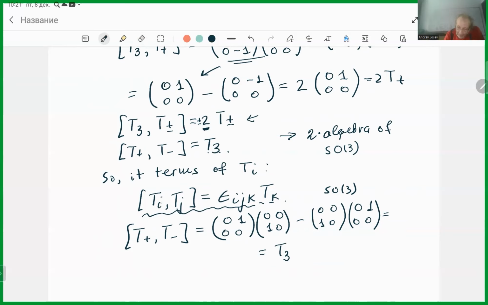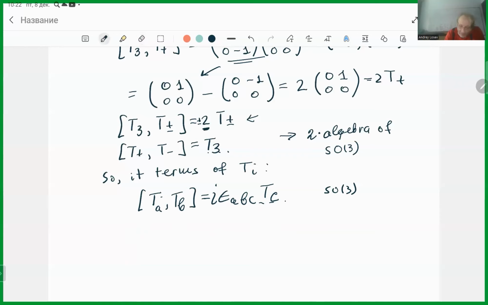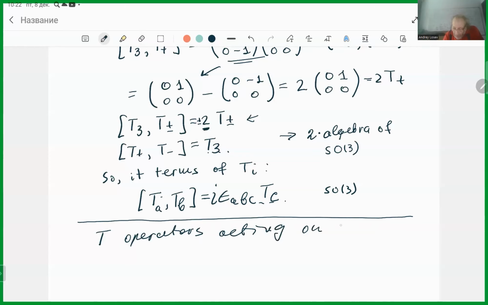In order not to mix conventions, I will put here A, B, and here A, B, C, D, C. Well, thank you. So up to now, I have these T operators acting on Vn, and Vn is a representation